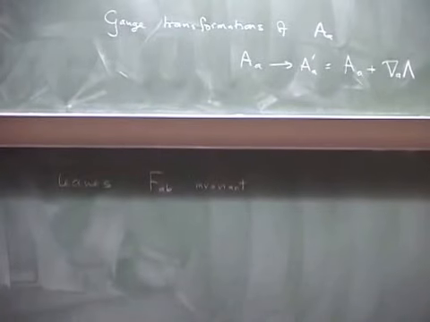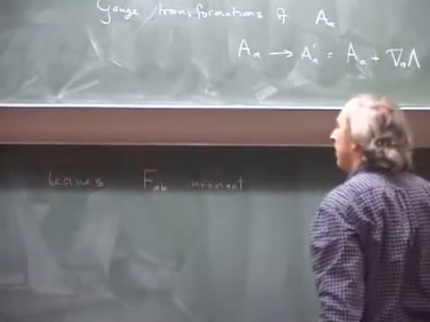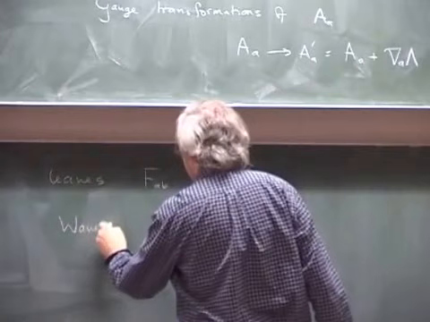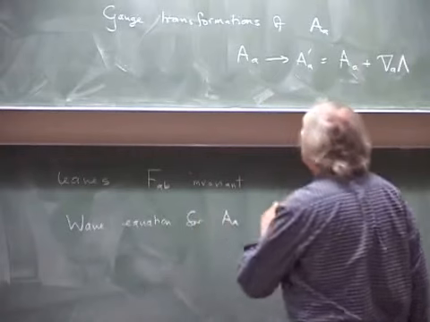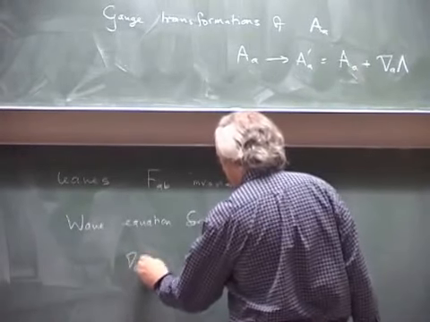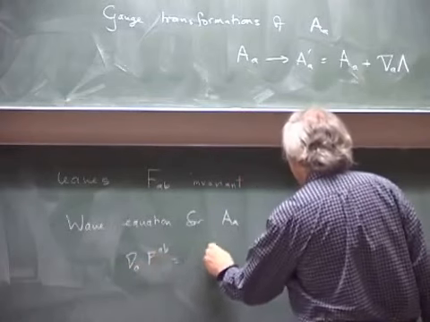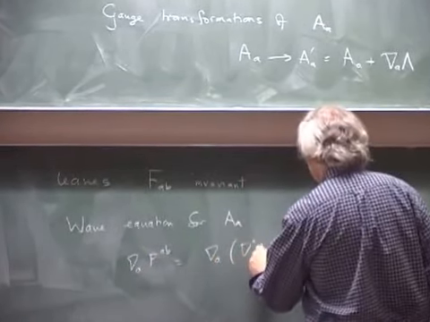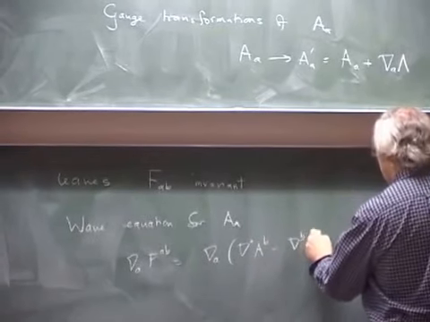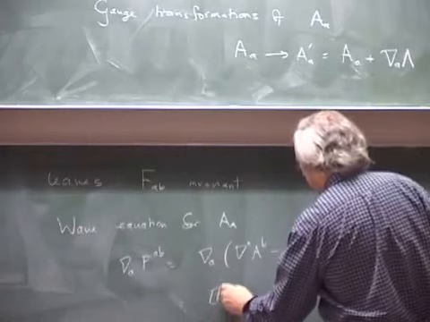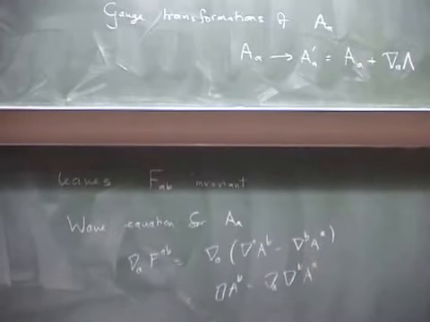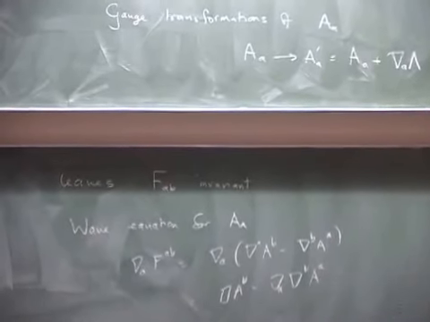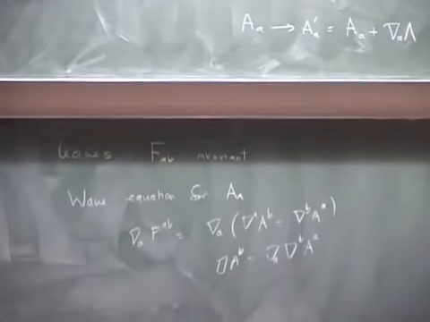Now that, of course, you can take and turn into a wave equation for A. And the easiest thing to do is just take the divergence of this equation. That gives you the wave equation. So ∇^a F_ab is equal to ∇^a(∇_a A_b minus ∇_b A_a). So that's equal to box of A_b minus ∇^a ∇_b A_a. It is often a good idea to pick your favorite gauge, and I am going to pick